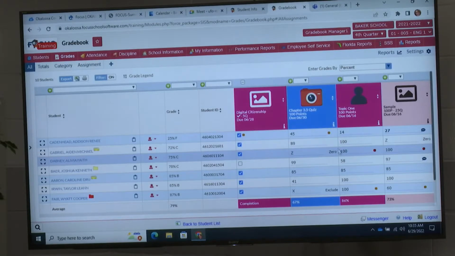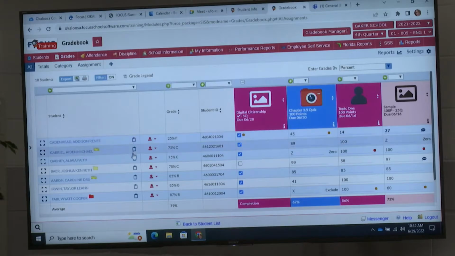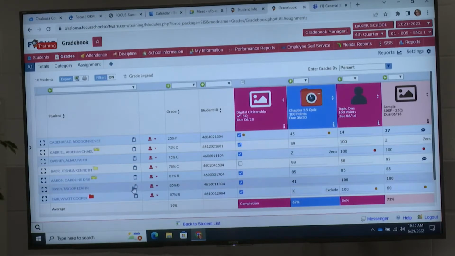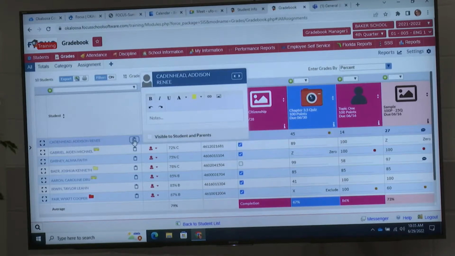So, can the parent see the notes you write here? Notice over here there is another note section. So this is a note that goes with the student's name. I can put a note in there. Notice right here it says visible to student and parents. If I click that box, this note will be visible in the parent portal. And I can say,